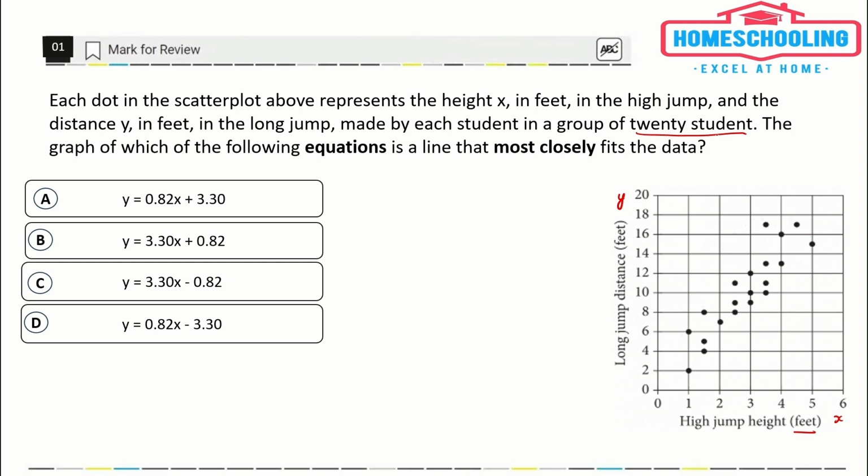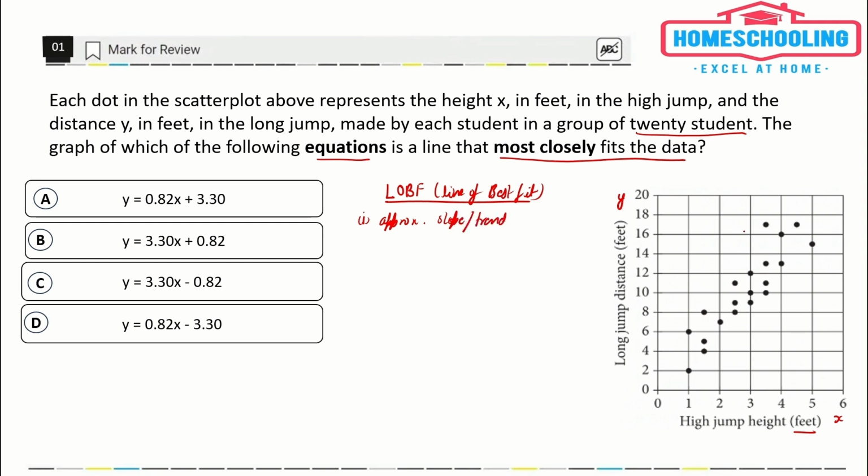We have to find which of the following equations is a line that most closely fits the data. So what we're going to do here is, first we have a scatter plot. To find the equation, we need to find the slope. So for the slope, first we have to find the line of best fit, LOBF. We have read about the line of best fit. It should follow two conditions. First condition, the line of best fit should approximate the slope or trend